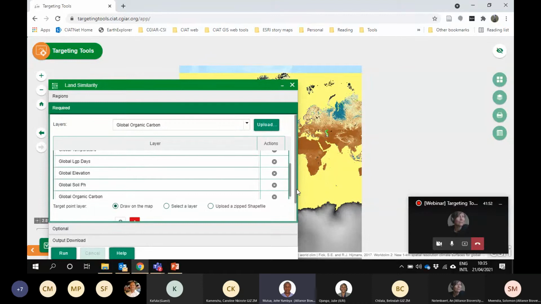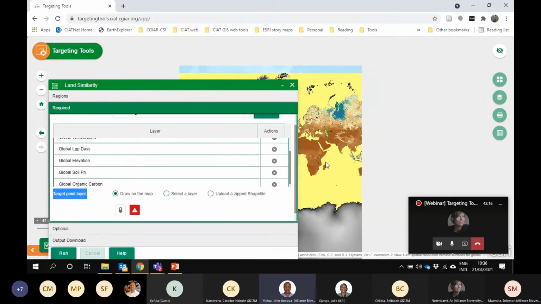And your technology, again, we go back to our forage variety, and we knew that it performed very well in Lusaka, maybe somewhere in Lusaka. So this is your target point. You can actually just drop a point in your map to tell the application where your technology worked very well, and you do it this way,